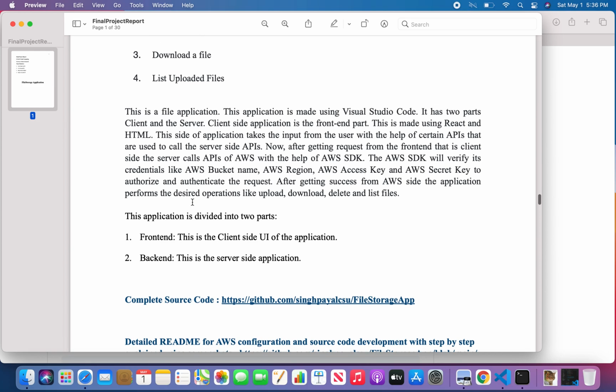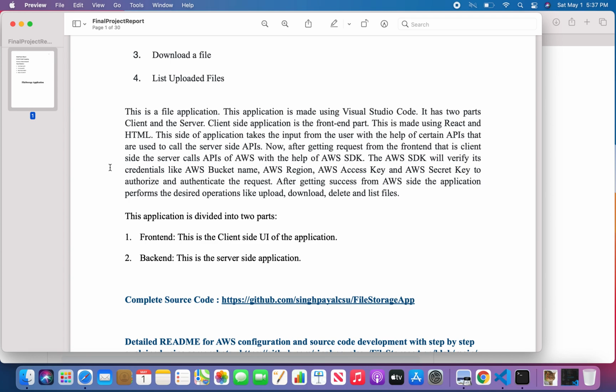So this is a file application, and I have made this application using the Visual Studio Code IDE, and it has two parts, client and server. The client application is the front end part, and it has been made in React, and I have used a little bit of HTML also inside the React itself.